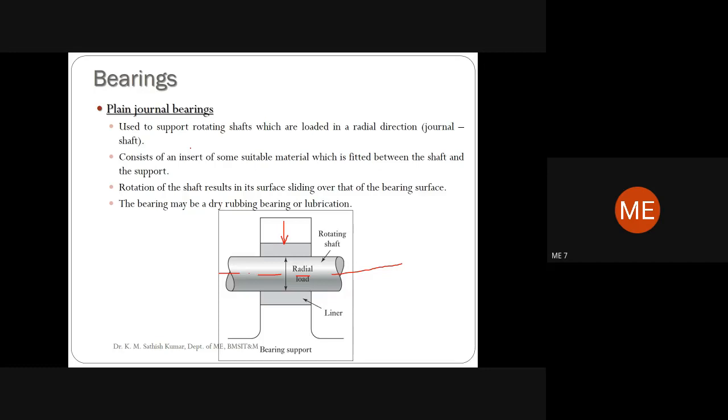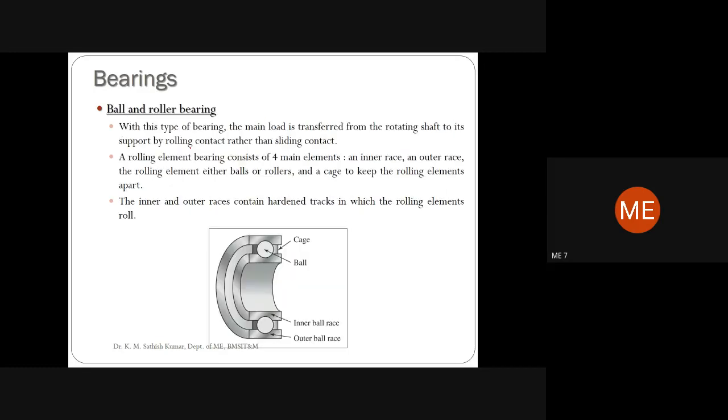And along with that, we have the ball bearing and the roller bearings. In case of the ball bearing, as you know, we will have an outer race and an inner race. In between the outer race and the inner race, through an interference fit mechanism, we have inserted the ball. The ball is going to rotate within a place that we call the cage.